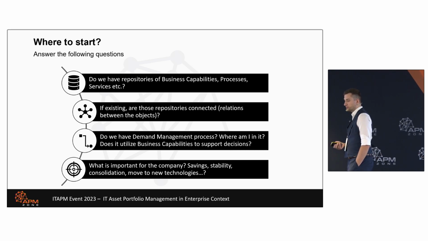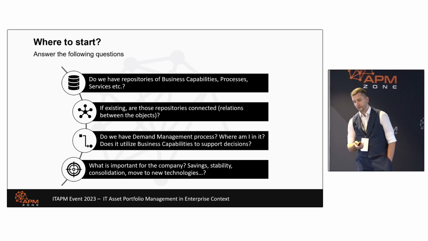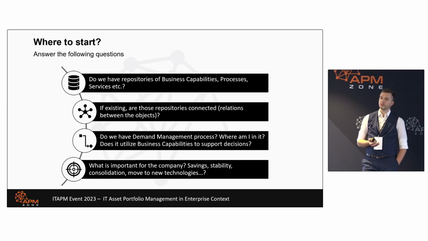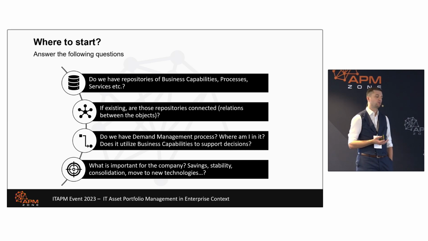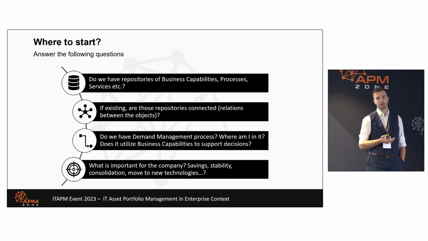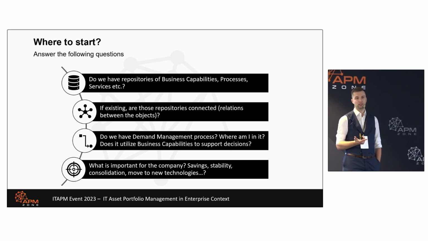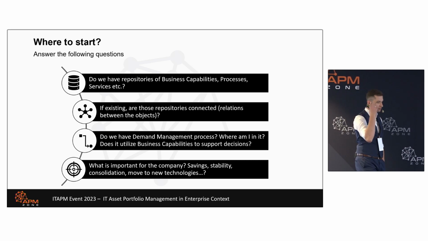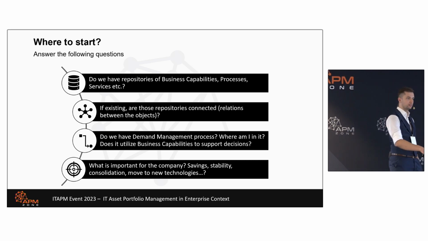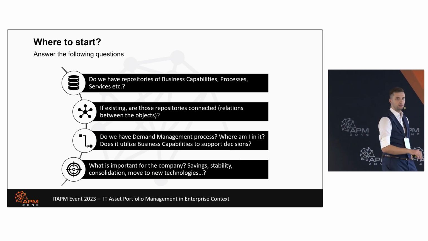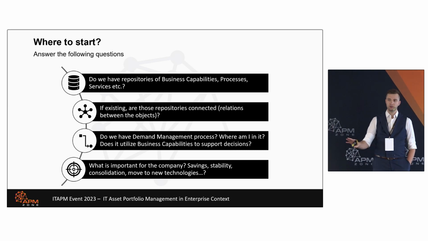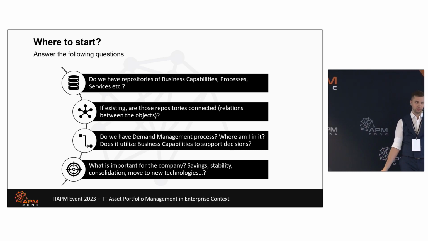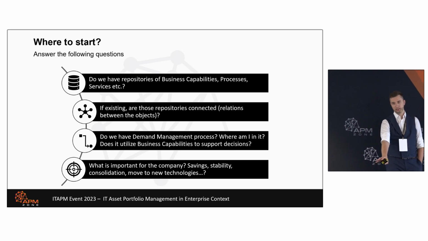And the fourth part is, okay, what is actually important for the company? Because in a lot of cases, someone can say, you know what? We have deep pockets. We are a pharma company who is making billions. We don't care about savings. We care about compliance and security. And that's it. Often, just to ring a bell, you can hear it in the Middle East area, right? Where the companies are using a lot of money from the oil fields and stuff like that. They don't care. They just say, I want the best. And that's the requirement.